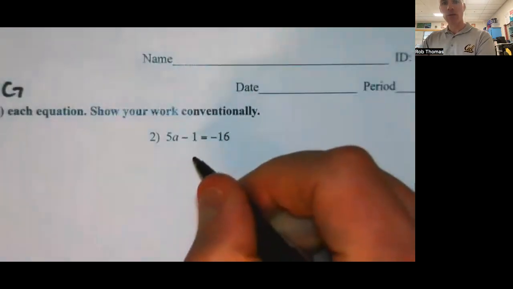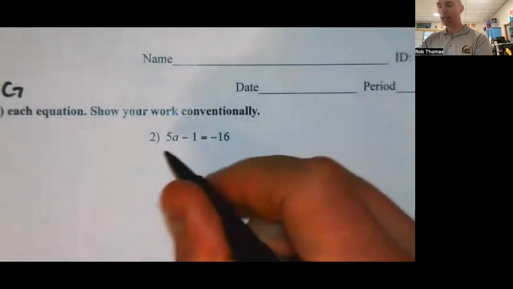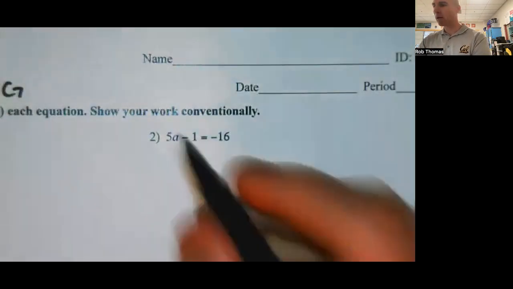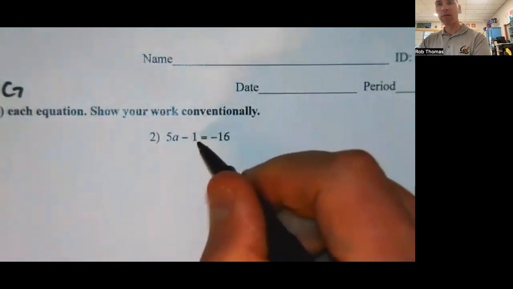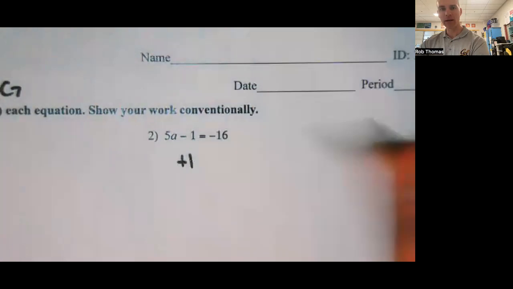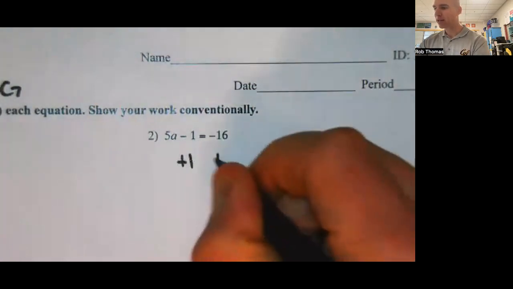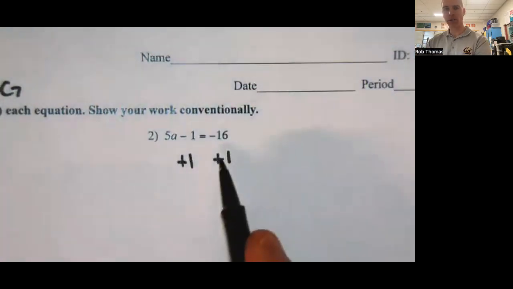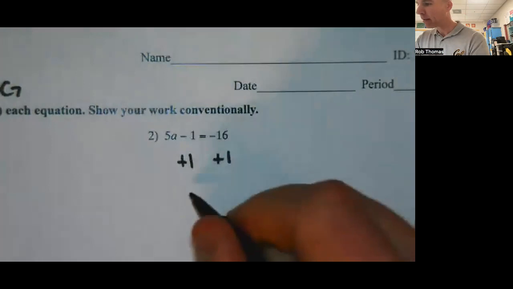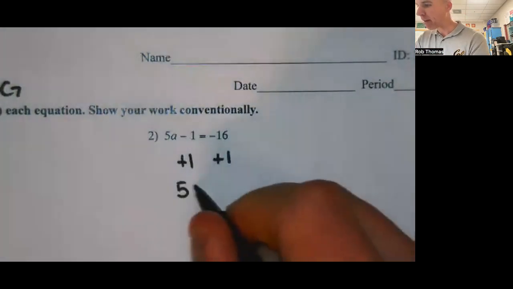All right, now this one, we've got a is being multiplied by 5. So we're going to have to divide by 5 when we get to that. And it's subtraction by 1. So we should add 1 to get rid of that. So I'm going to go +1 here. I got to add 1 to the other side of the equation too, making sure my work is nice in line. So I got 1 + 1 on either side of the equal sign. They're not both on the same side. And so now we're left with 5a